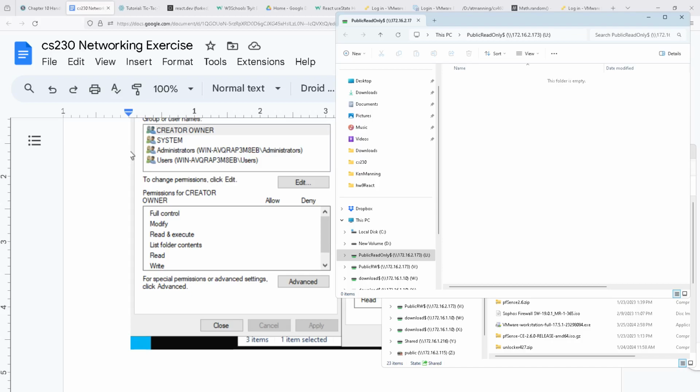Linux can do the same type of mapping a file, mapping a drive, if Samba is running. There's one other